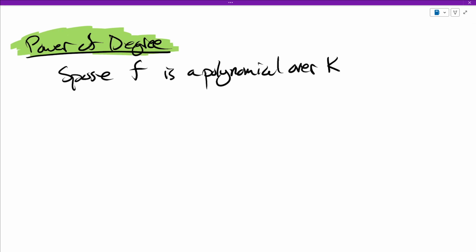We're going to introduce degree now. So suppose that I'm going to use f for a polynomial. This is a polynomial over some subfield k of C, and f is not 0. Then the degree of f,